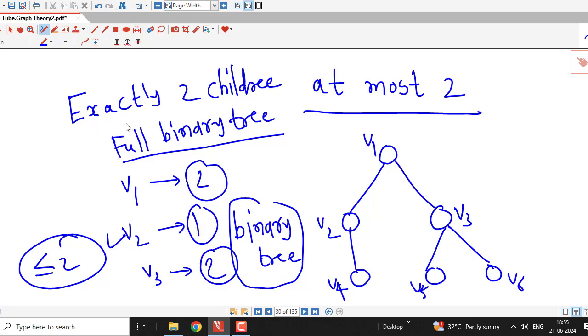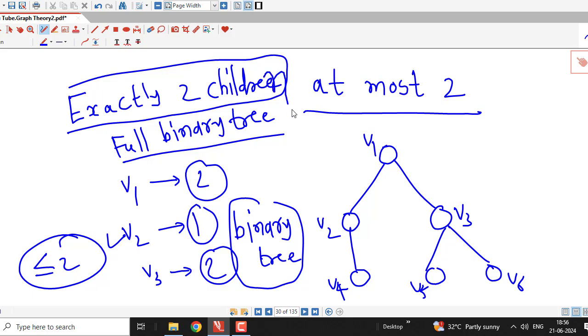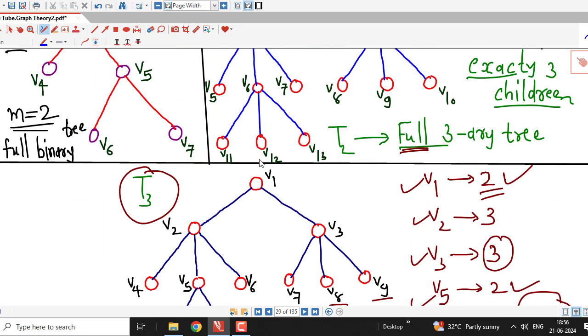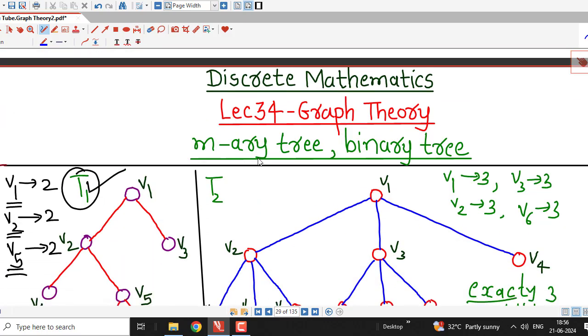A full binary tree is a rooted tree in which every internal vertex has exactly 2 children. So this is the definition of binary tree and m-ary tree, and we will use all these definitions in upcoming lectures,